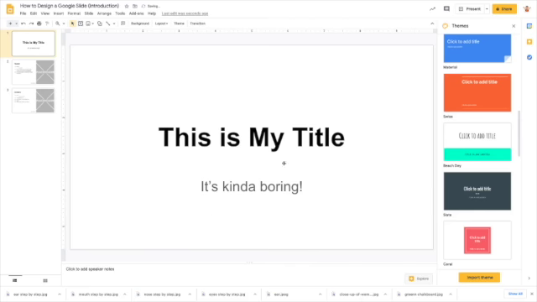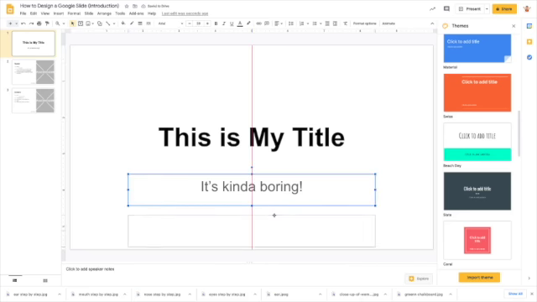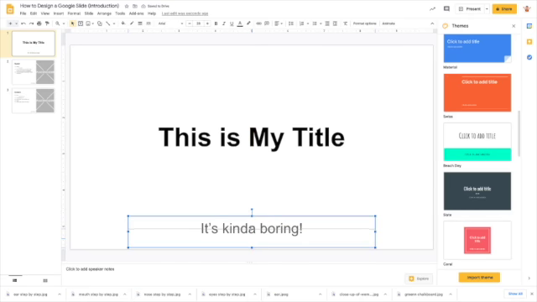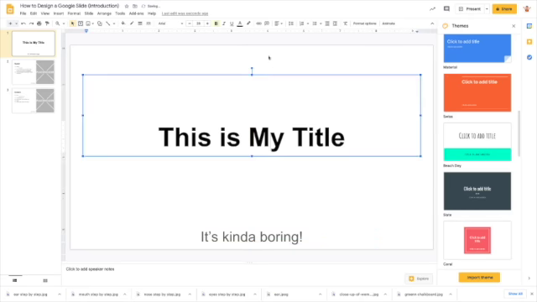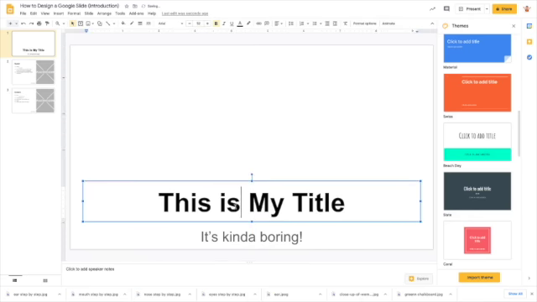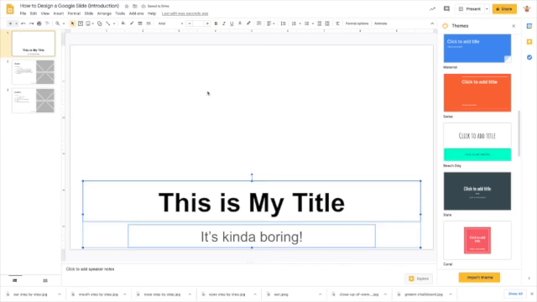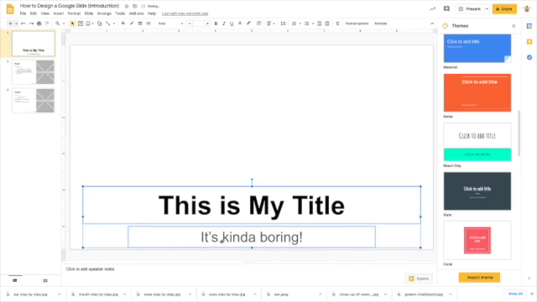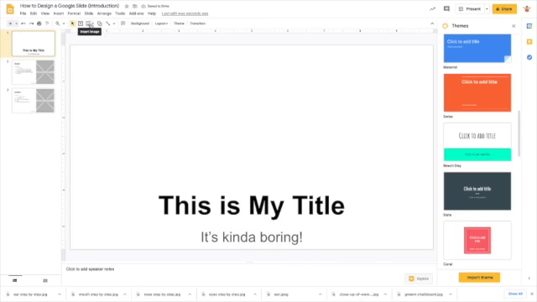All right, so if I quickly rearrange some of this here, I personally feel that having a graphic in the title page is quite helpful. It helps set the tone for the overall presentation. The other thing to keep in mind is how the text is being oriented. Under the text alignment tool, we have the left, center, right, and justified options, as well as the top, middle, and bottom. And typically on a title page, I would be aligning these into the center. Okay, so our title is nice and big. We have our subtitle, and we can easily